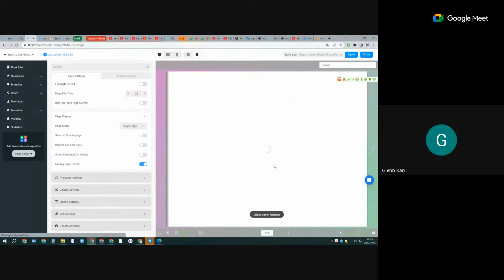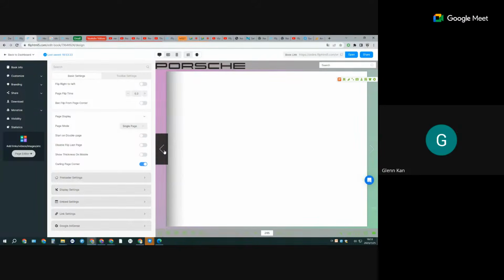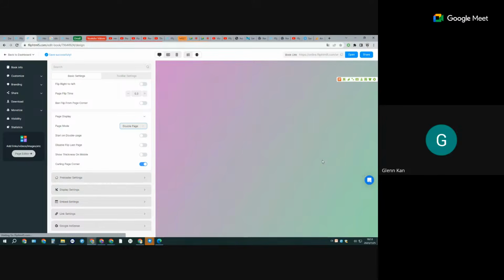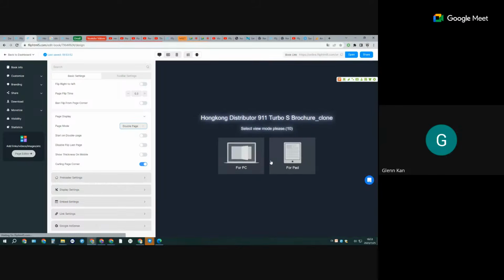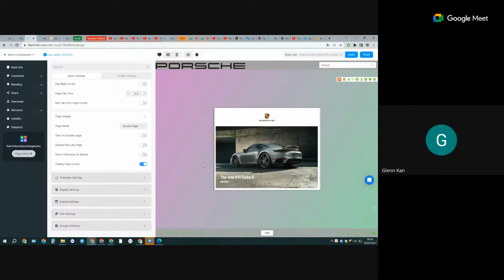It will be much larger, right? You can see the interface go bigger, and you can slide one by one. For the double page part, you can demonstrate the landscape, like the hotel, like the normal hotel, right? Okay, so you can also customize to disable the last page flip, and also you can set